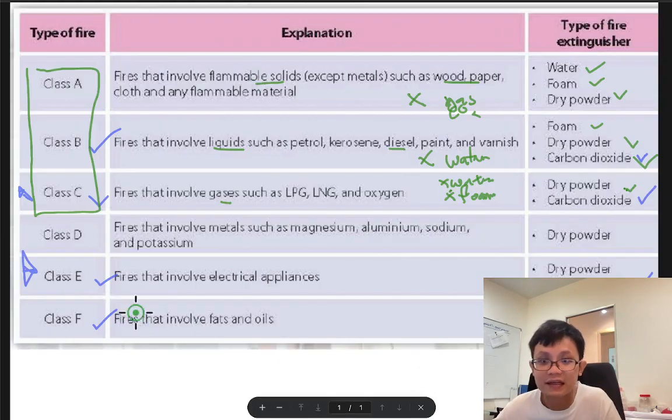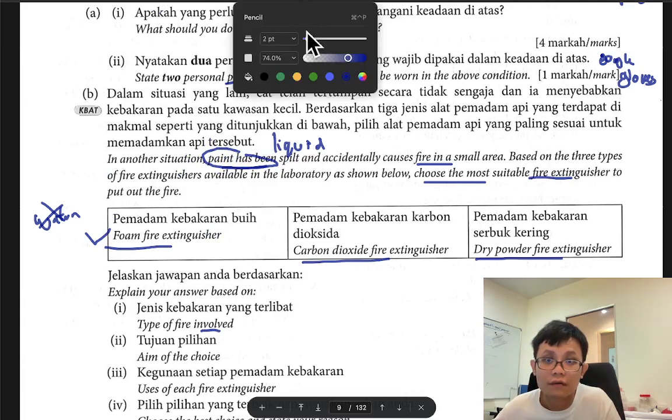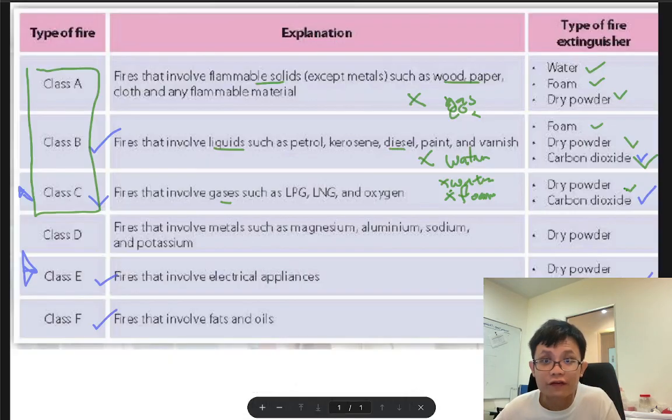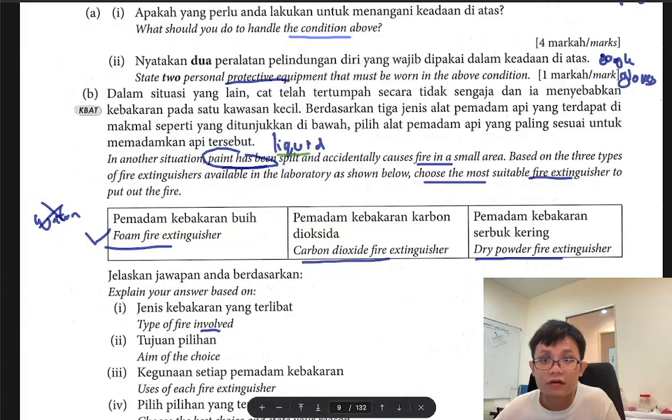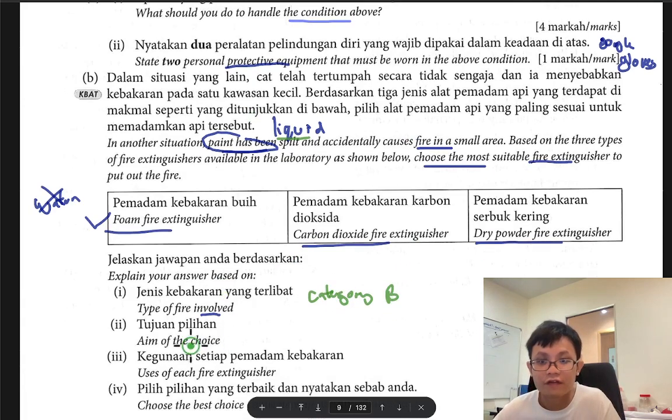We can see that the question is talking about liquid. So liquid, if you look at the textbook, liquid is category B. So I just put here category B. So we have, why the aim is talking about which use or category B. I think they are talking about